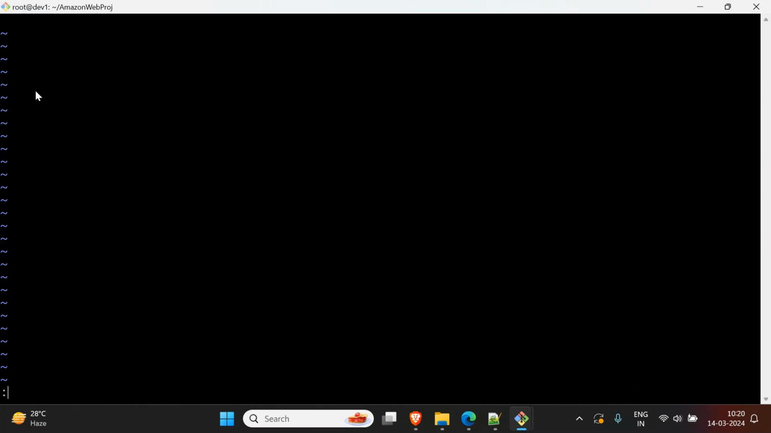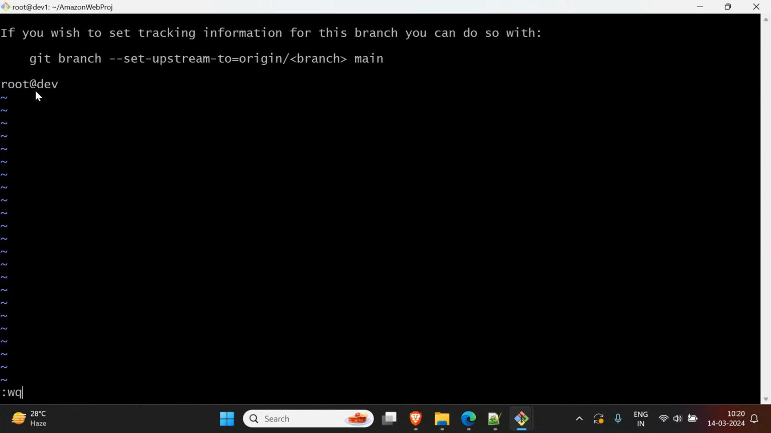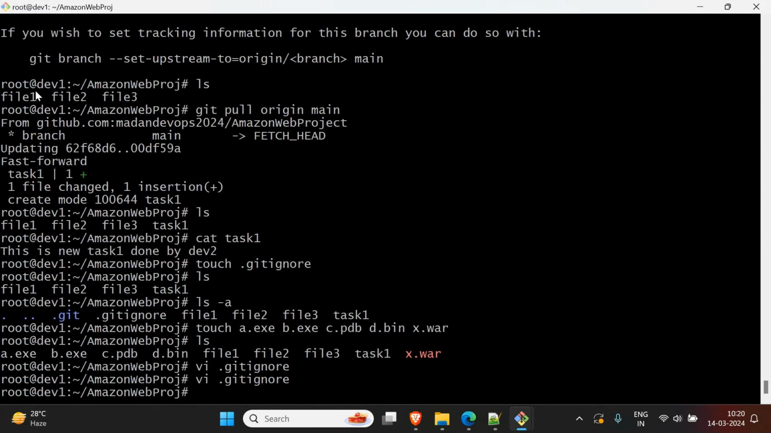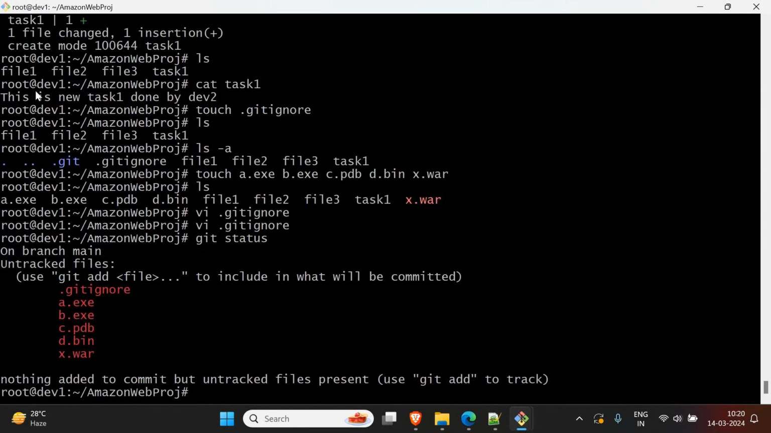Now if you say git status, you see all these files have to be moved to the central repository. All these files have to be moved to the central repository. But after making the changes which I have just now told you, in .gitignore,